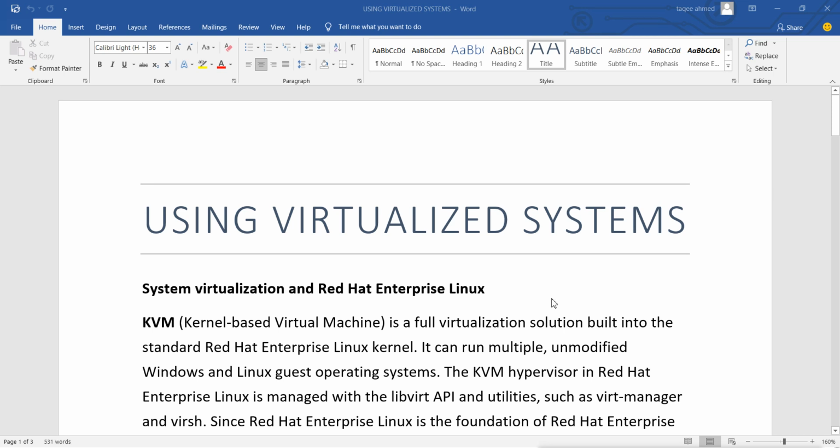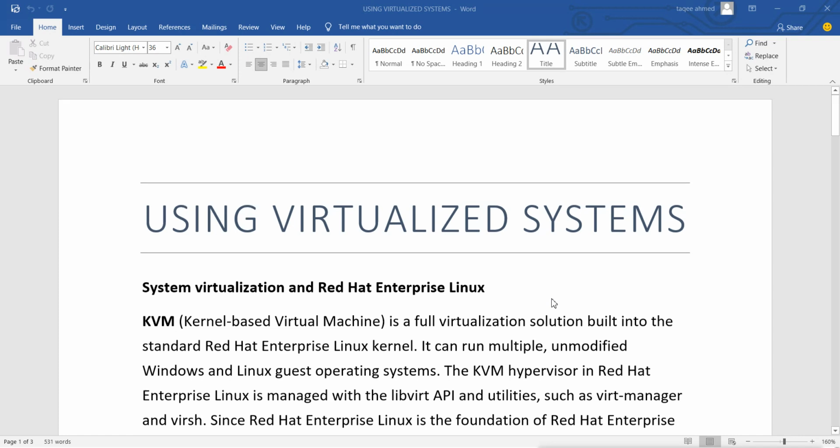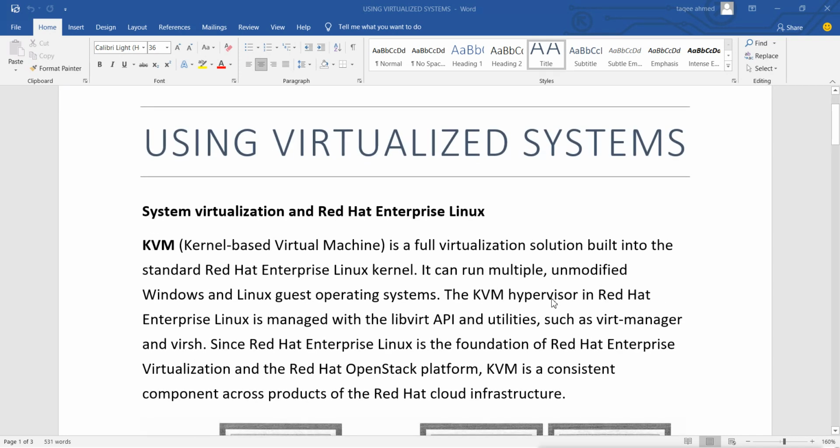Now, system virtualization in Red Hat Enterprise Linux. First, KVM, that is called kernel-based virtual machine. This is a full virtualization solution built into the standard Red Hat Enterprise Linux kernel, and it can run multiple unmodified Windows and Linux guest operating systems. This KVM hypervisor in Red Hat Enterprise Linux is managed with the libvirt API and utilities. For working with it, we need some library files and APIs, so it uses the libvirt API and utilities